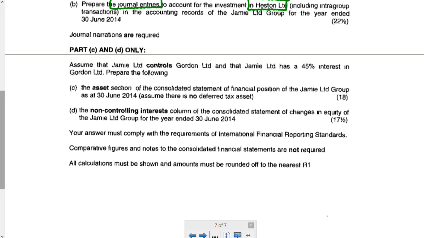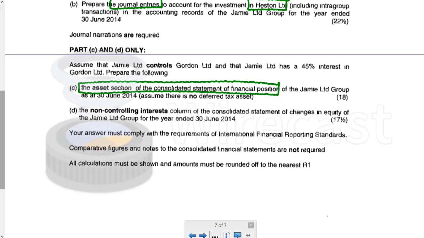equity. So statement of financial position, asset section only, and then